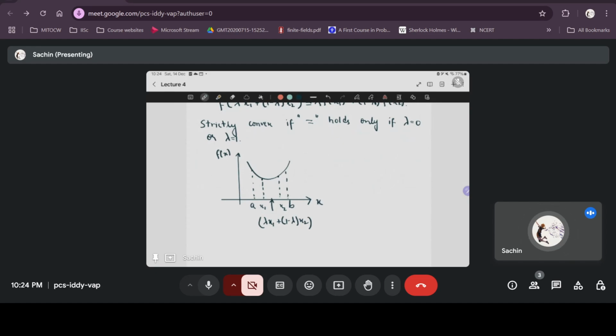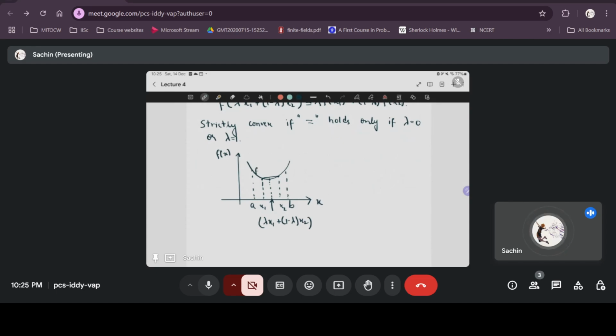If you pick lambda equals 1, it will be x1. If you pick lambda equals 0, it will be x2. For any other lambda, it will be some point in between. Then if you evaluate the function at that point, the function value will lie below this chord connecting the